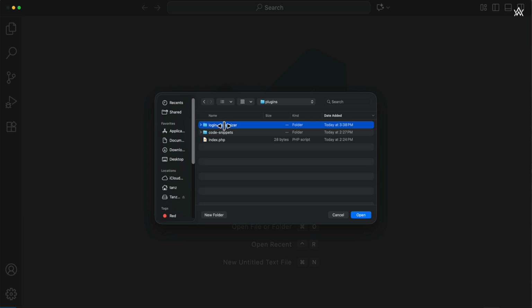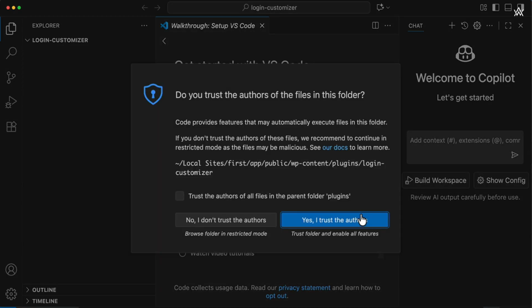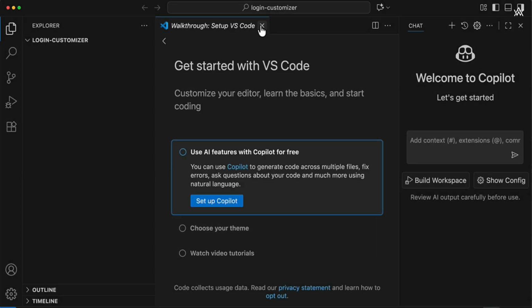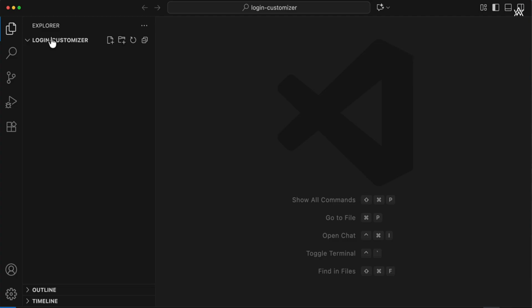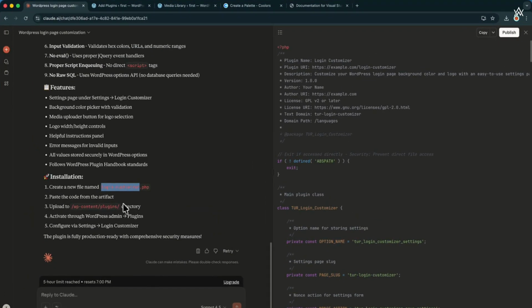login-customizer. Click on that. Do not open it, just click on that, select this login-customizer, and hit open. And this login-customizer folder is going to be open now. Here it says, yes, I trust, and click on the cross over here. This is our full folder, which is open. Now inside this folder, we can add as many PHP files as we want. So now we want to create a new PHP file named